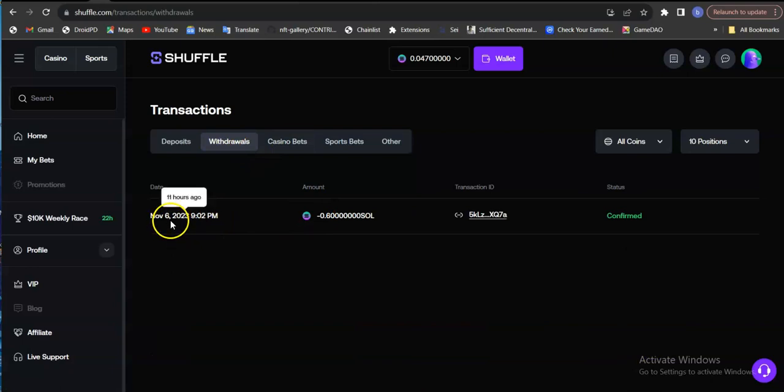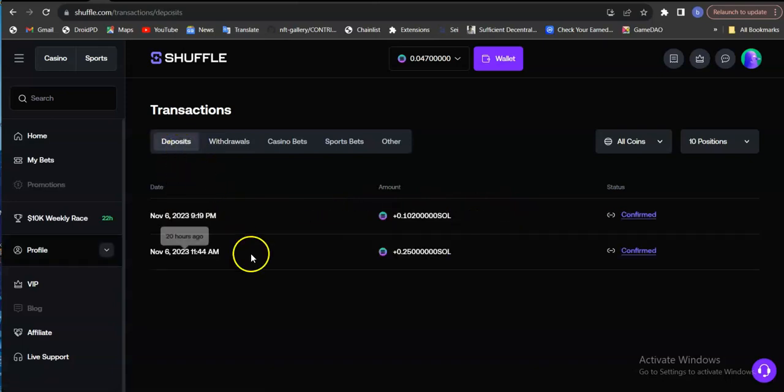November 6th, that was yesterday. So 0.6, so I will do it. See my deposit. This is my first deposit, 0.25, so 0.102. So that's my deposit, and I withdrew 0.6. That's times 2. So you come to casino bet,